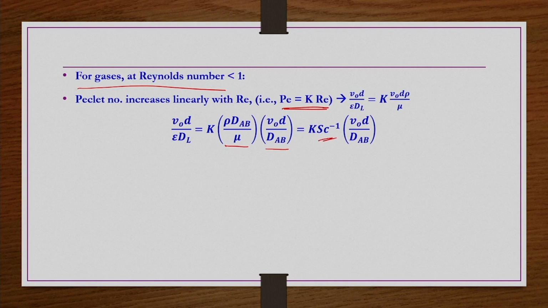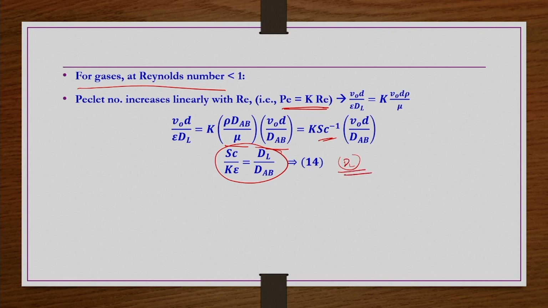So, from this equation, Schmidt number divided by K epsilon is equal to dl by dAb. For gas systems usually the Schmidt number is known because mu, rho, dAb etc. are known. From experimental results this K is known in general. For any gas system dAb is known or you can measure it. So, from this equation you can find out dl,